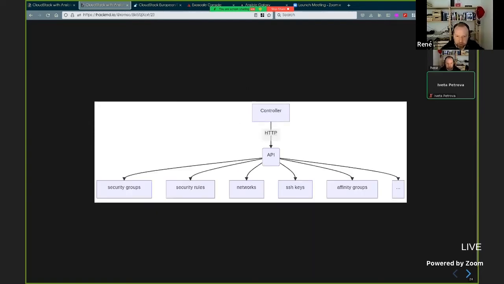We can not only create VMs by using the API. We create many things: security groups, rules, networks, SSH keys, and affinity groups. That's what you will see in the demos.